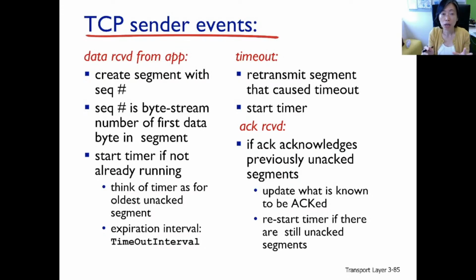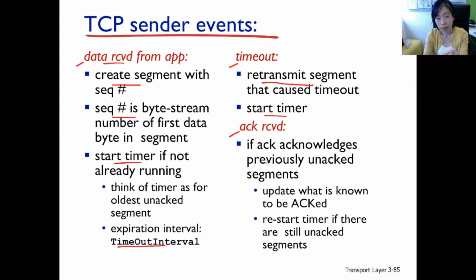Now, this is just another way of writing the finite state machine, but in a pseudocode form. So we switch on different events. There's the data received from above case. There's the timeout case. There's also the receiving of an ACK packet case. So on receiving data from above, generate the packet, set the sequence number in byte count, and start the timer if there's not one yet running. Just make sure that you set the timeout interval to what? The estimated RTT plus 4 times the deviation of RTT. In timeout here, if it is triggered, then retransmit the whole flight of segments and restart the timer.